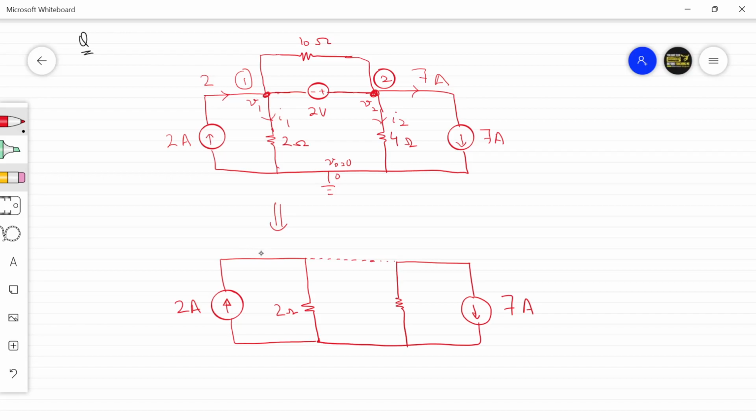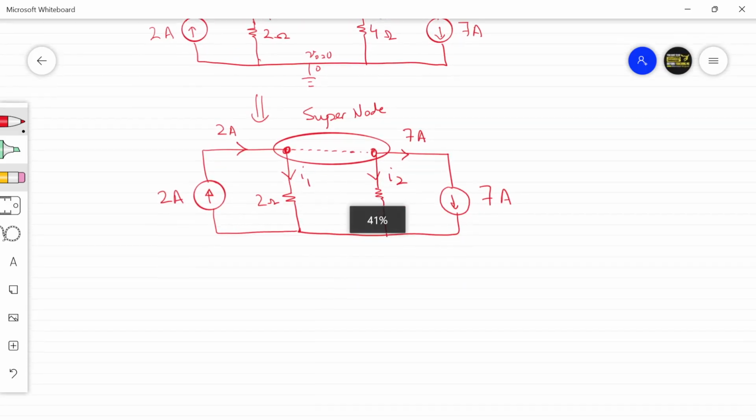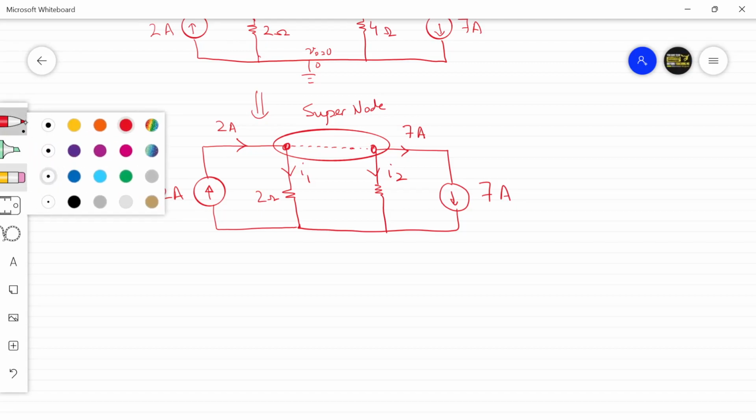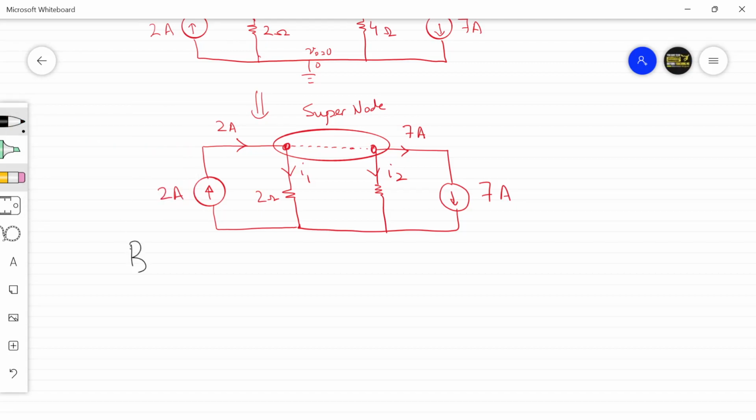Fine. So 2 amperes is the current flowing from this path, 7 amperes is the current flowing from this path, I1 is the current here. So this node is now a super node. That means they are actually the same node. So whatever amount of current is flowing into the super node, that will be equal to whatever amount of current is coming out of the super node. So by applying KCL,